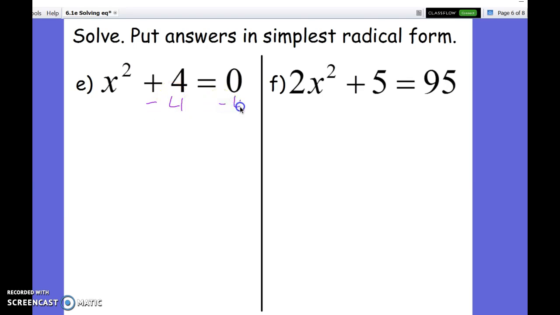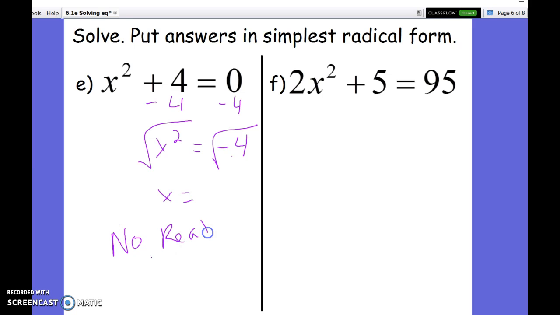Well, if we subtract 4, that allows us to get x squared equal to negative 4. Take the square root of both sides. Well, x equals, we can't actually take the square root of negative 4. Remember, we can never take the square root of negative 4 in the real number system. So for letter E, we actually have